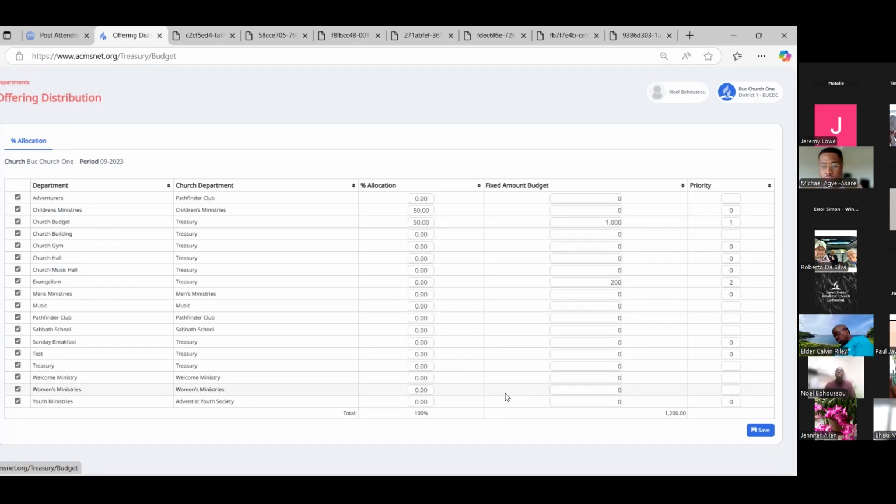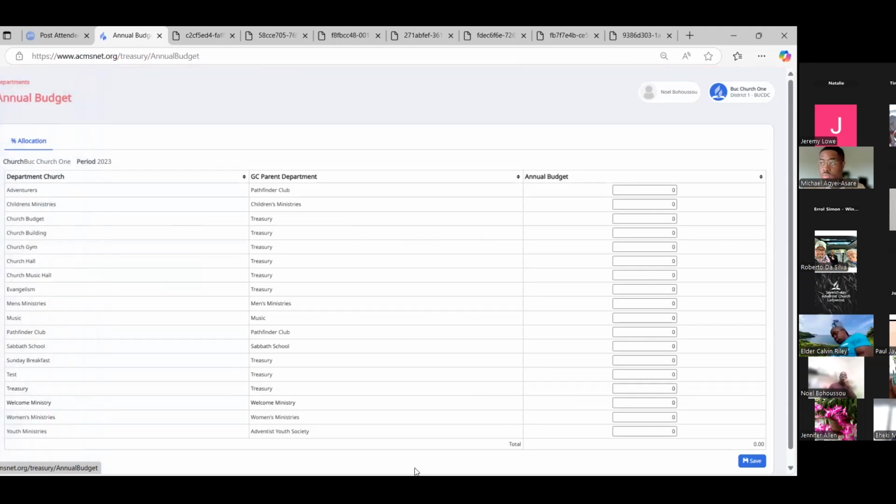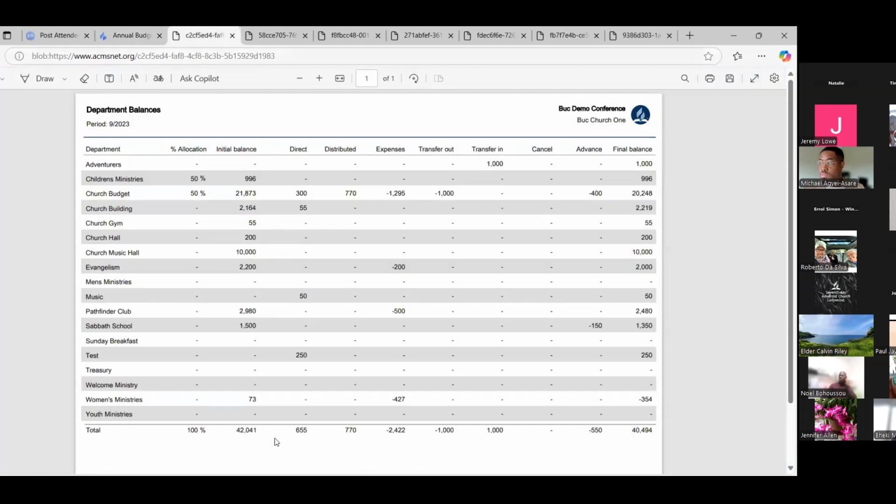Mine was just to agree with what Jeremy said. The only way I get around it is I add them, so we put the budget on to what the church board have approved. But like last year, we had income that came in for one department. They set the budget, say, for 400, but the income coming in was 800, and we spent money. So the only way to reflect that is to add it in the budget. Otherwise, you can only see it